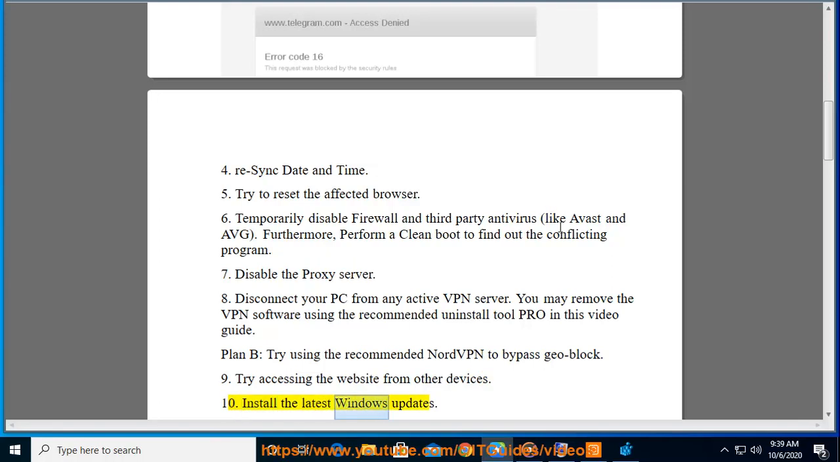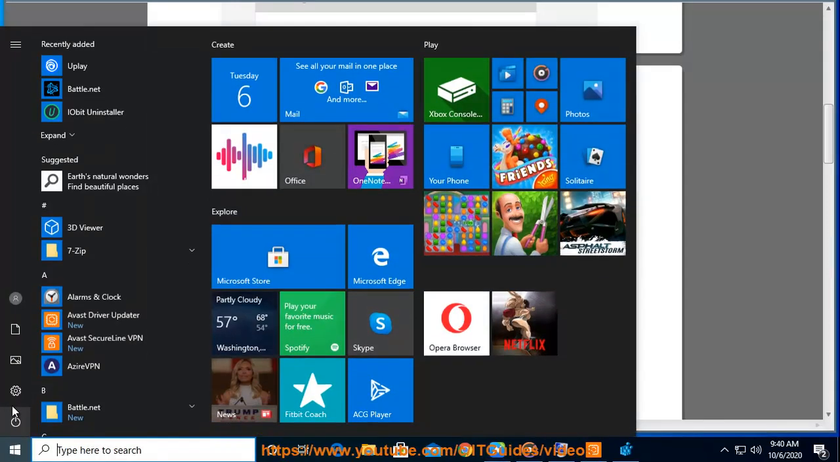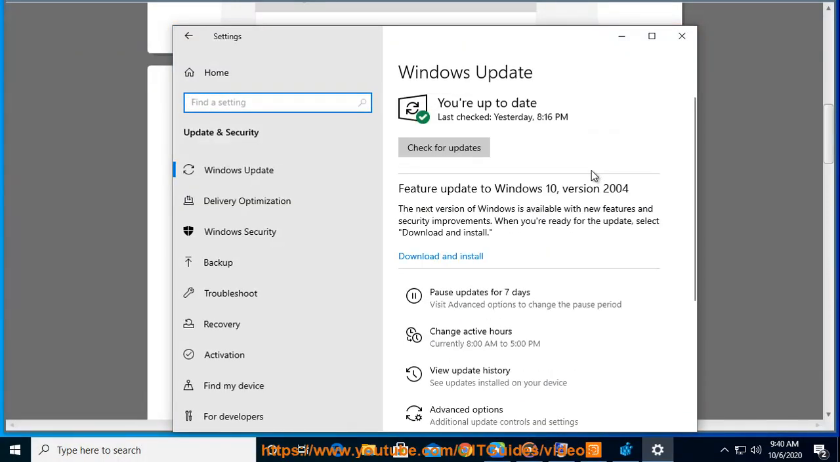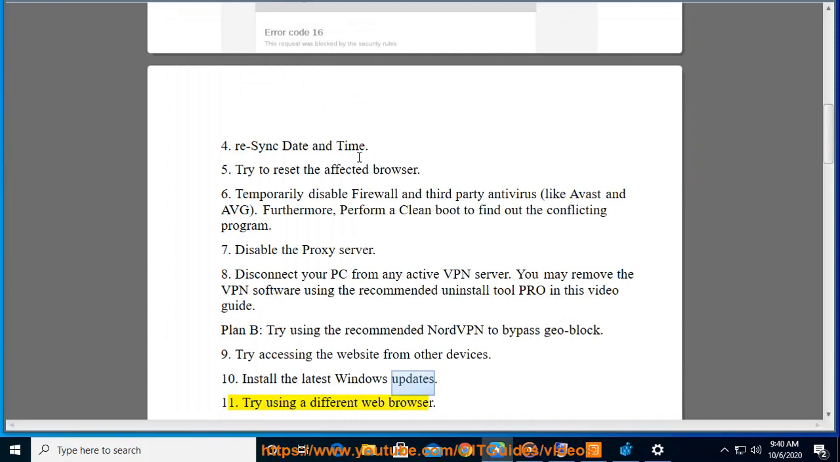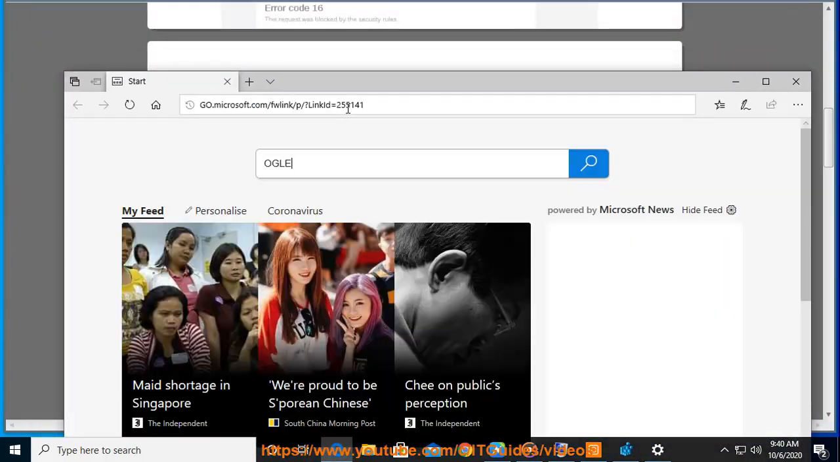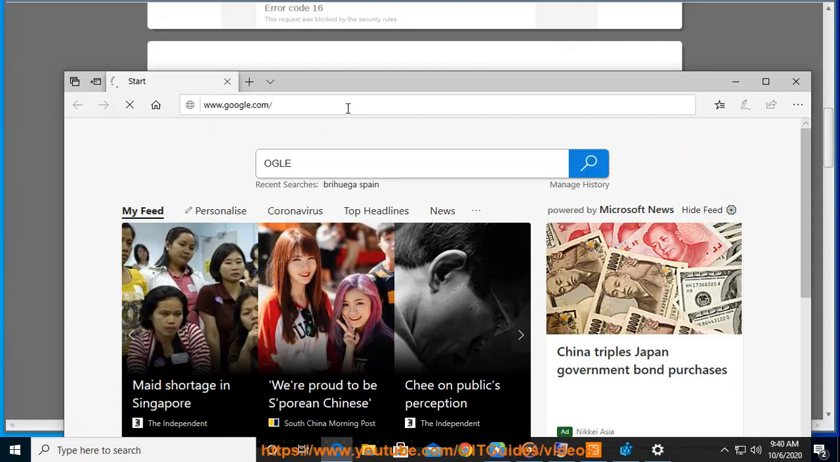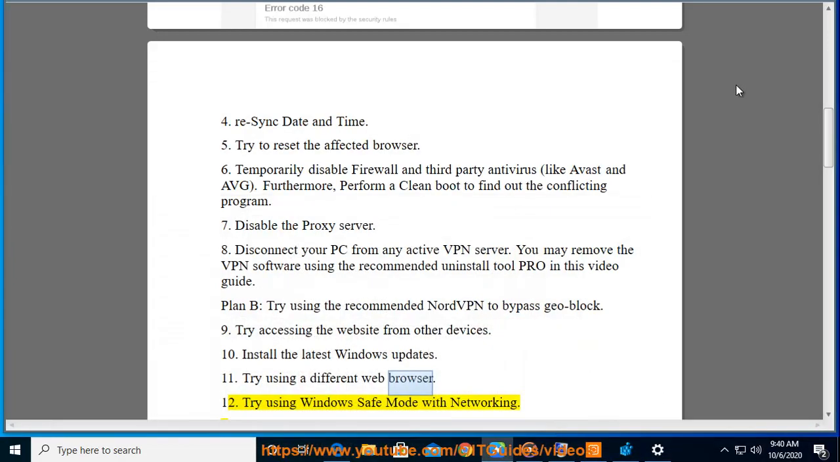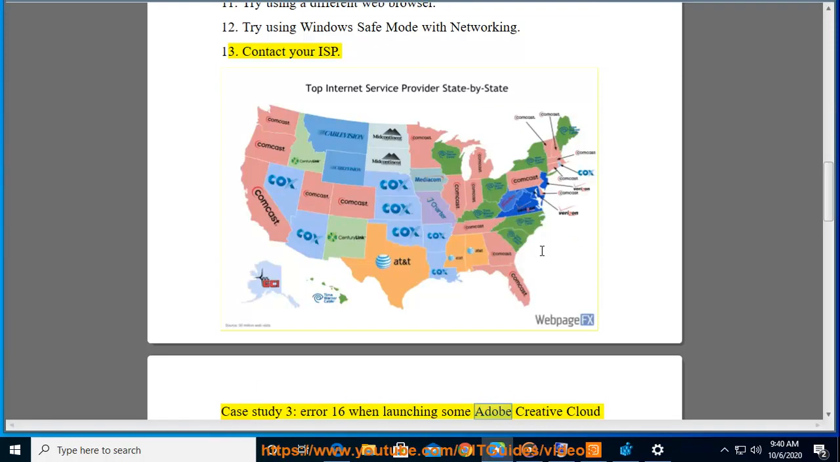10. Install the latest Windows updates. 11. Try using a different web browser. 12. Try using Windows safe mode with networking. 13. Contact your ISP. Case study 3, error 16 when launching some